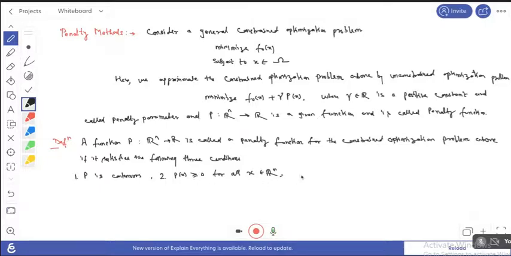And the third condition is that p(x) equals 0 if and only if your x is belonging to the feasible region, that is, x is feasible, that is x is belonging to this constraint set. So here clearly, for the unconstrained problem,